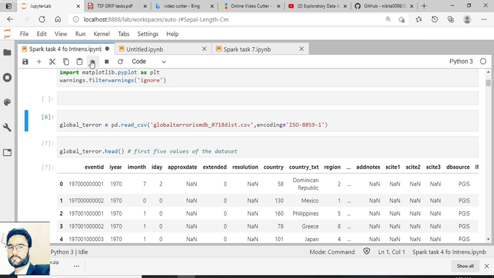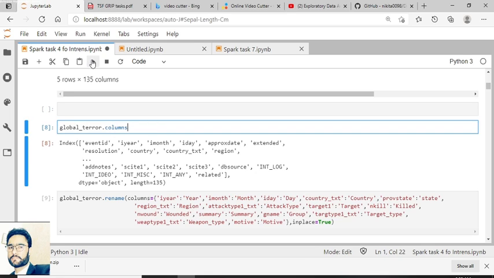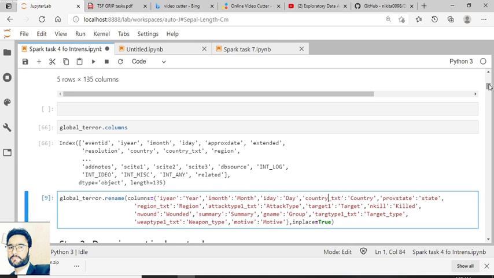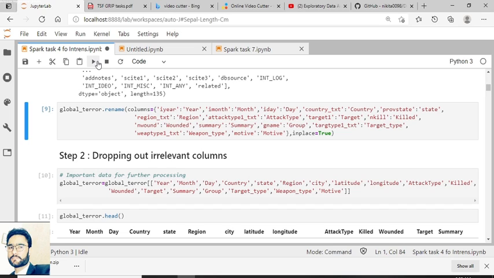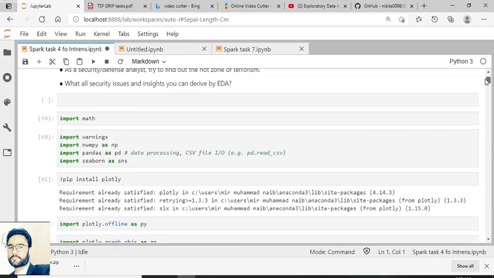So come here and just run it. It imports the data, loading it from the local machine to our Google Colab, our Jupyter notebook. Just find the head of the dataset. This is the head of the dataset, and we want to print the columns of the dataset. These are the columns. So we have checked the data head, its information and its columns.